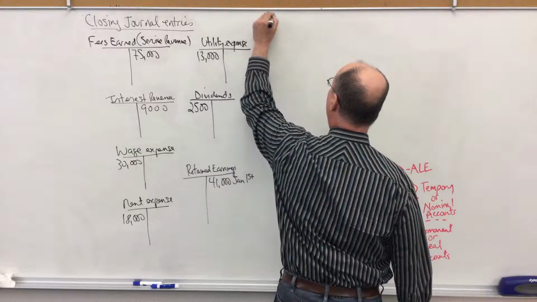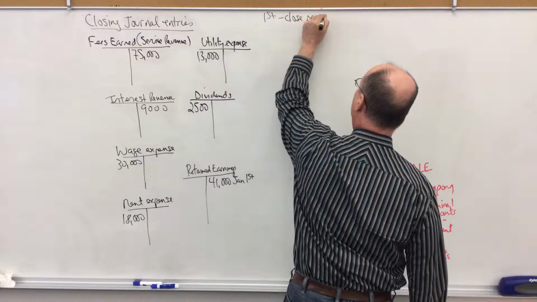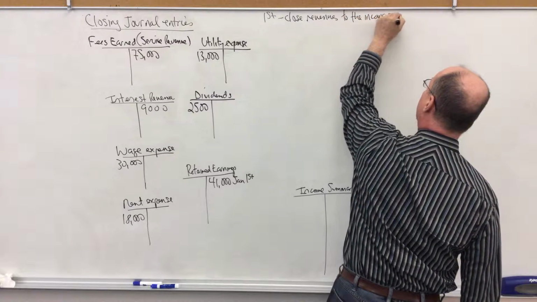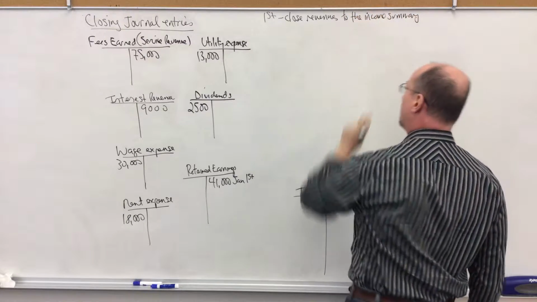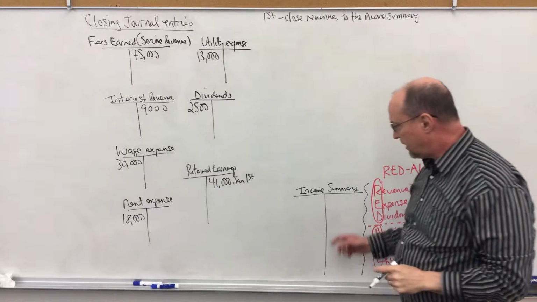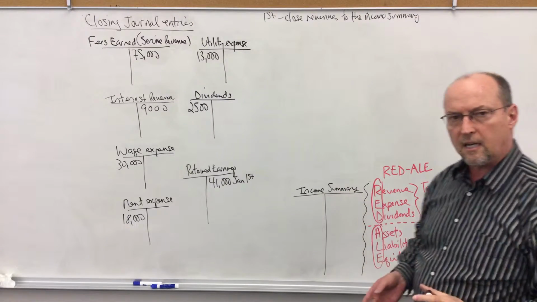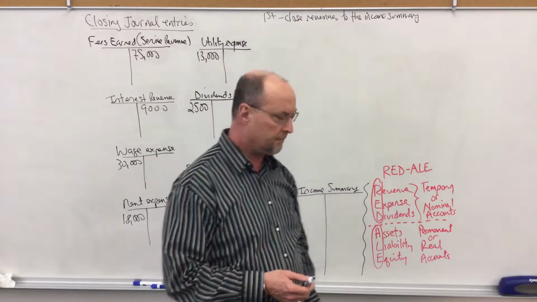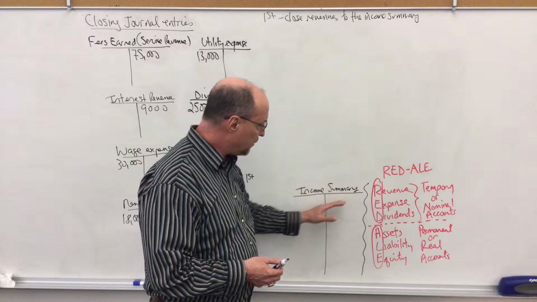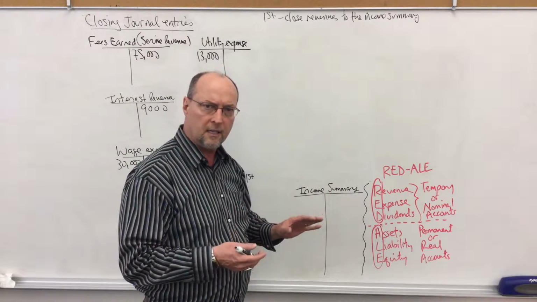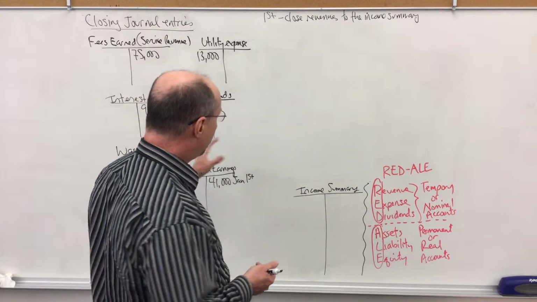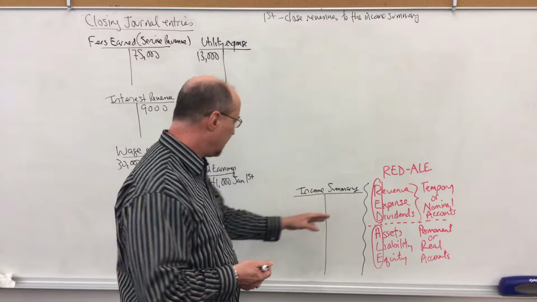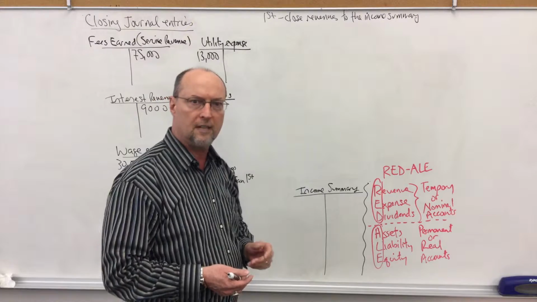First, we're going to close revenues to the income summary. Okay, the income summary, here's the T account for the income summary. The only time we see an income summary is in the closing process at the end of the period. This is where we transfer revenues and expenses very temporarily so that we can close out the accounts, and then we're going to close out the income summary and transfer that balance, which is net income or net loss, into retained earnings, its final resting place.